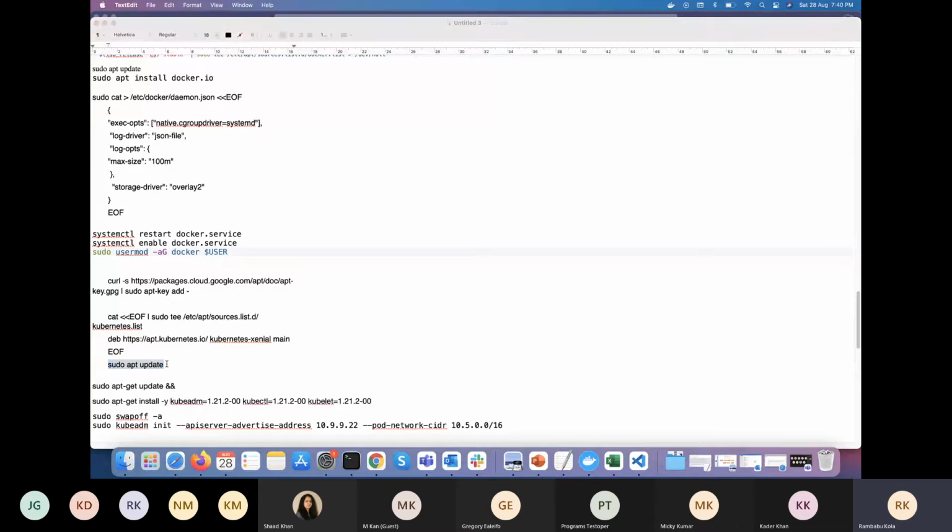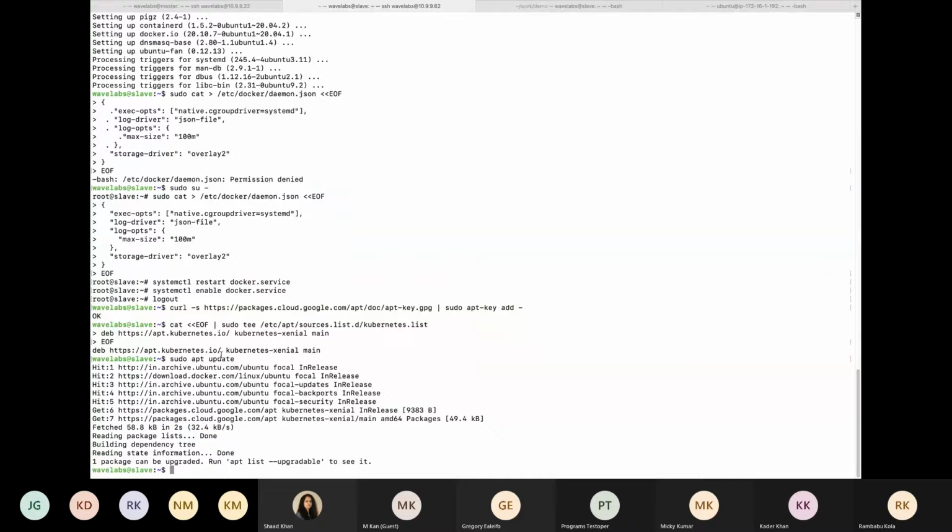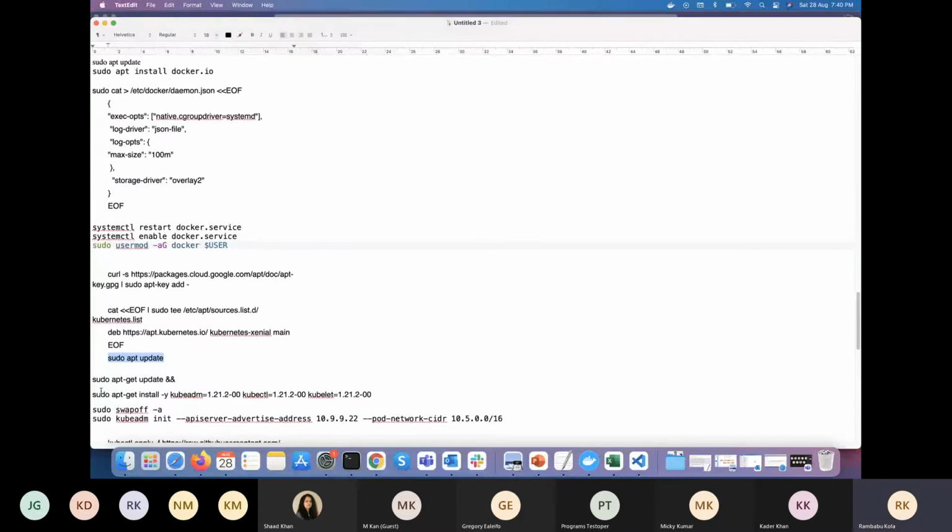Just run the update. Okay, so I'm installing kubeadm, kubectl and kubelet.